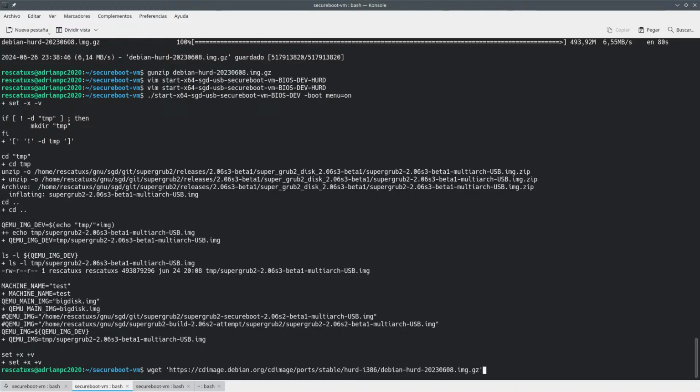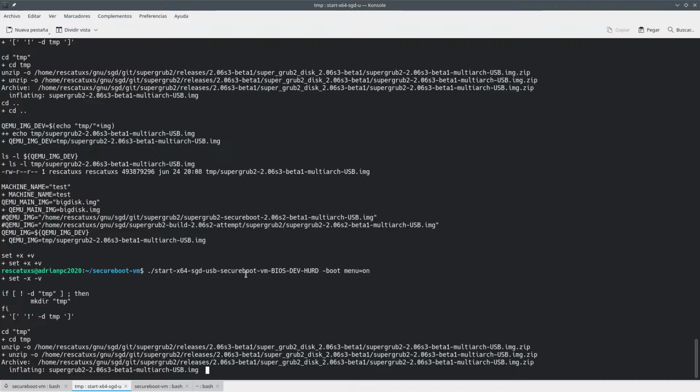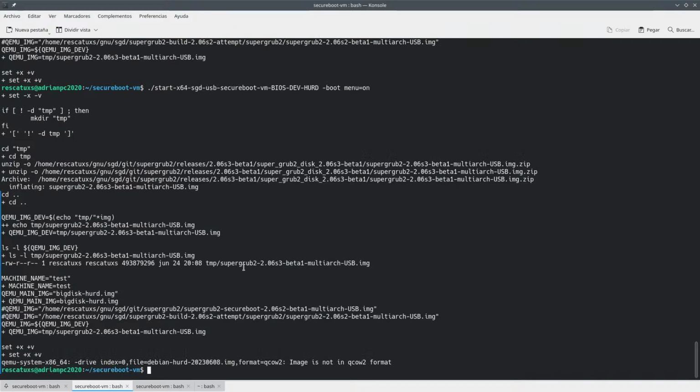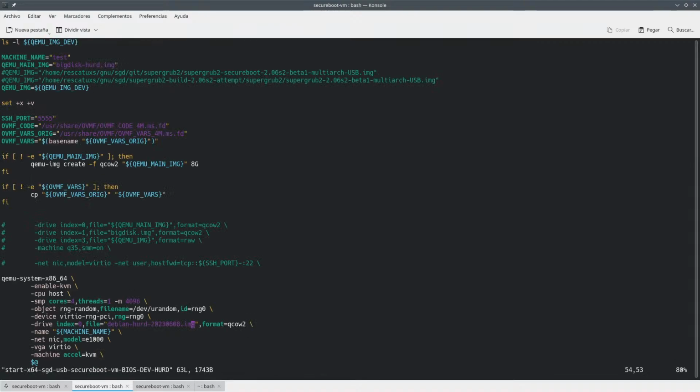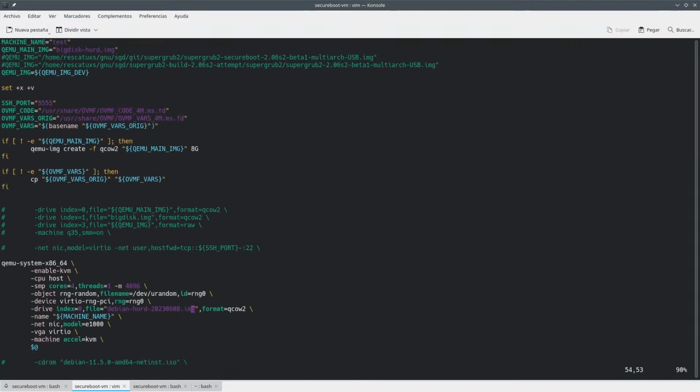The one I want you to boot is the Hurd one, which is this one here with no CD-ROM. Now I should only have one hard disk. Yeah, so this is format raw. Let's change that.